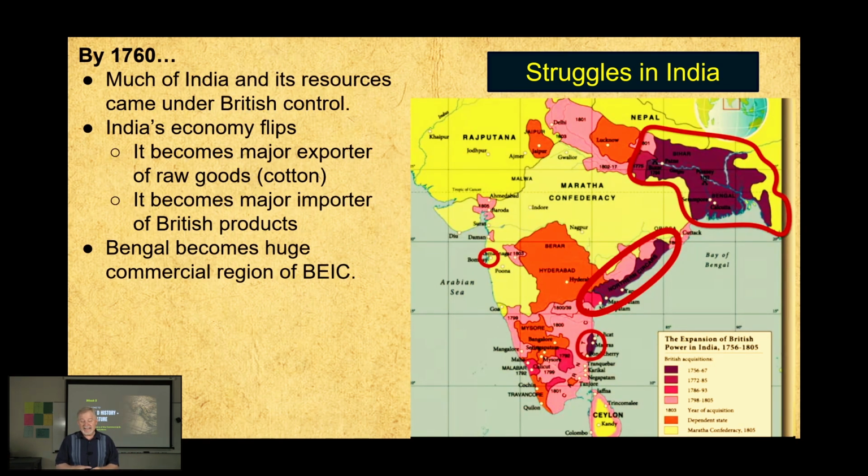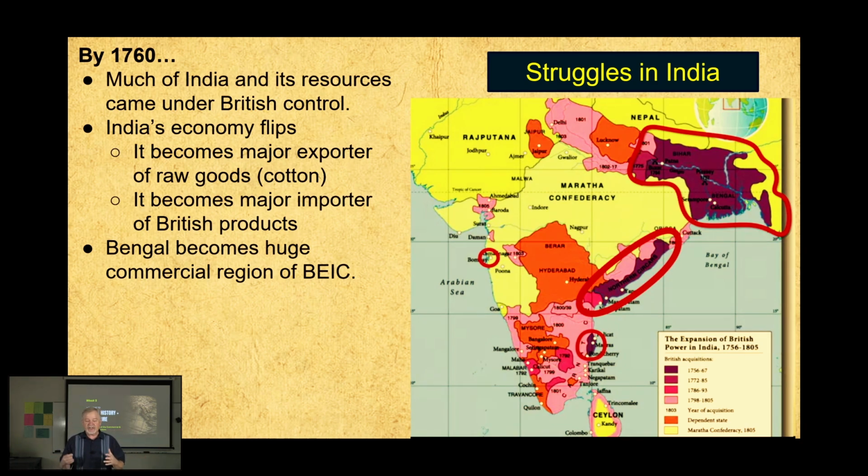By 1760, much of India and its resources are under British control. India's economy flips. Initially, they were the major exporter. I talked about this a couple of videos ago. Their primary way of making money was to export raw goods, export products made from the various things, particularly cotton. But as